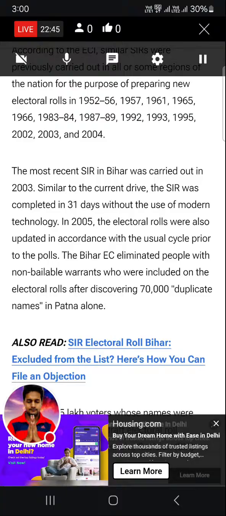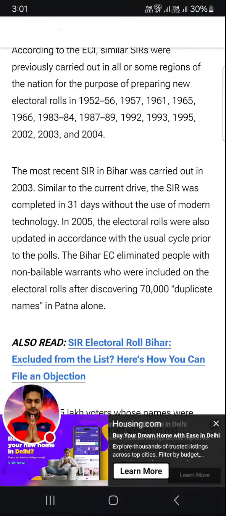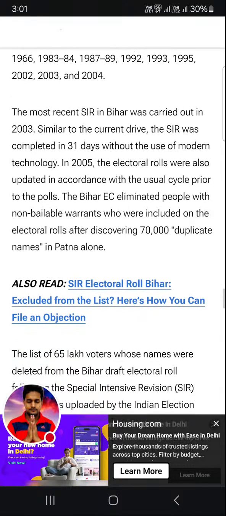The most recent SIR in Bihar was carried out in 2003. Similar to the current drive, the SIR was completed in 31 days without the use of modern technology. In 2005, the electoral rolls were also updated in accordance with the usual cycle prior to the polls.